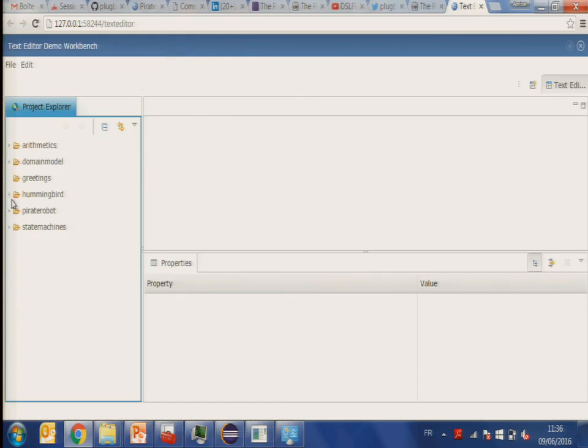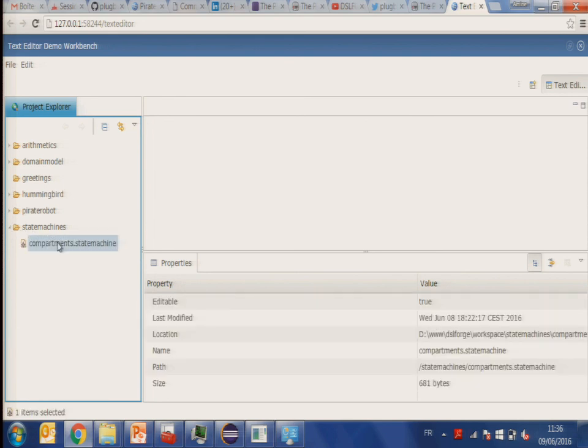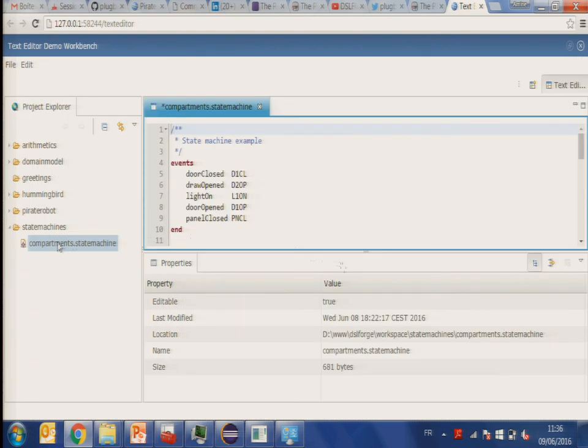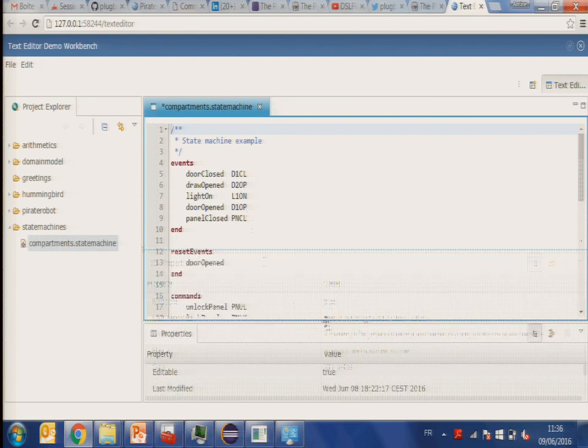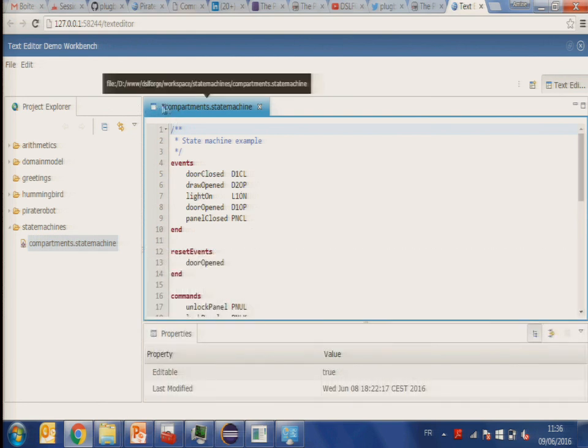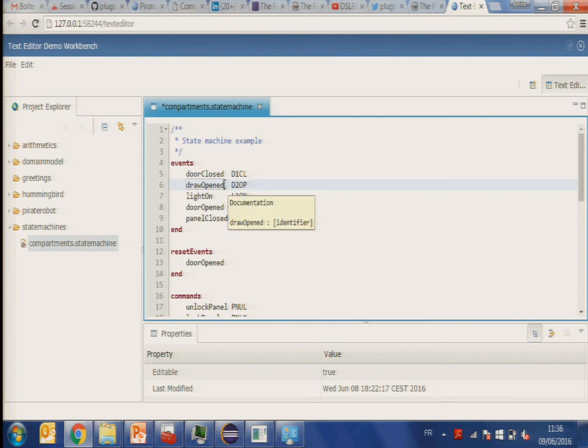Here I have a workspace with some examples, but I will focus on this one because I have in my workspace generated only the editor for this, for state machine. So this is a bug, normally it should not be dirty at this point. So you have a basic workbench application based on wrap, and you have already the editor integrated in it. It interacts with the property view and interacts with this workspace component. So you can see the features of the editor.